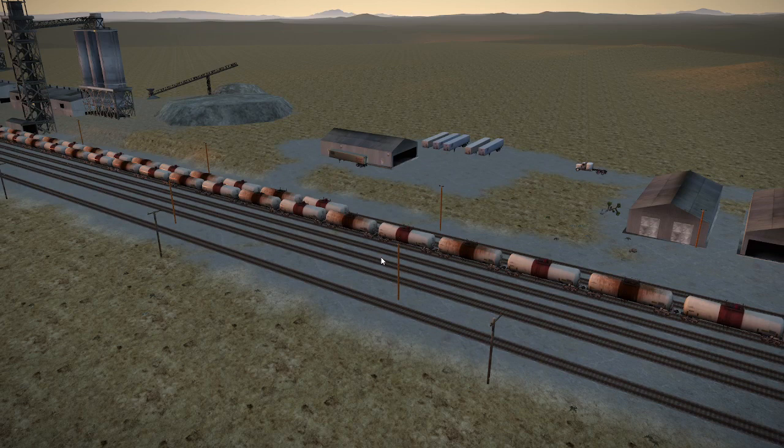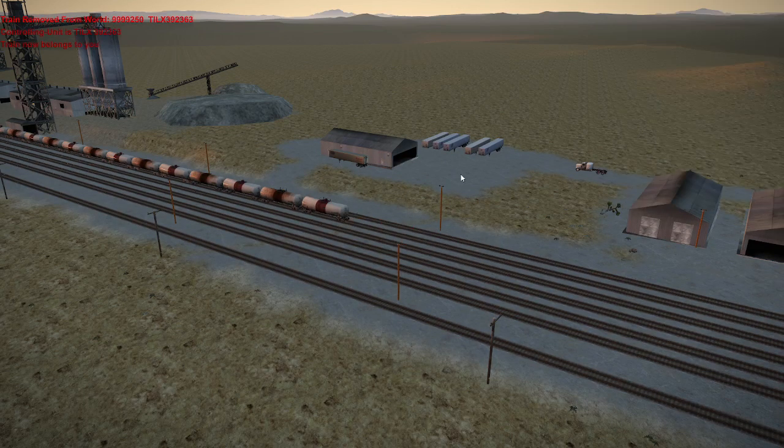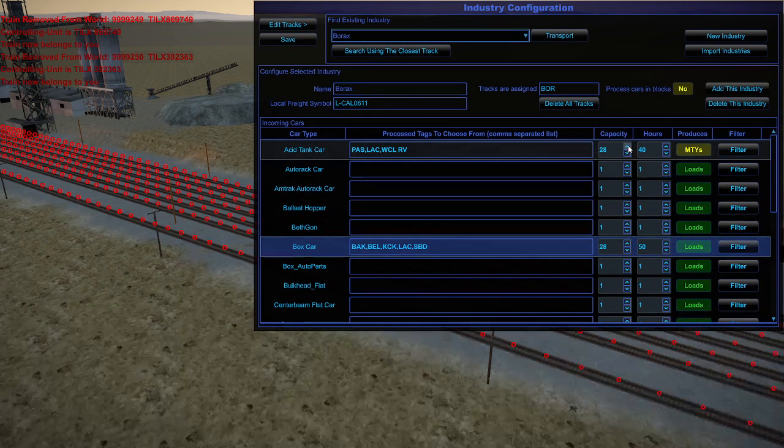So I'm going to go back into, first of all, let me get rid of these. How do you get rid of them? Just simply click on the car and click delete. Click on the car, click delete. Now they're gone. Okay, so I'm going to go back in to here and acid tank cars,